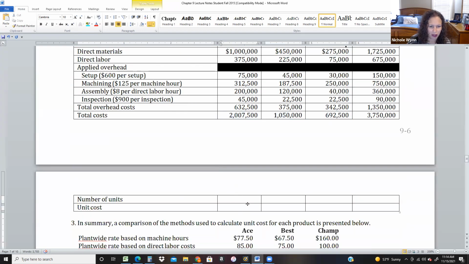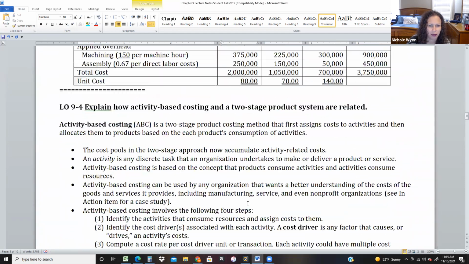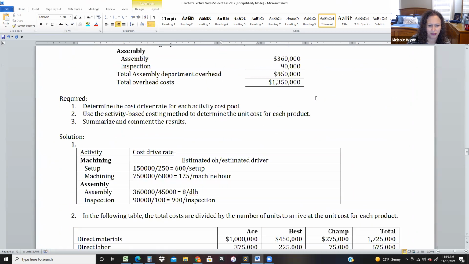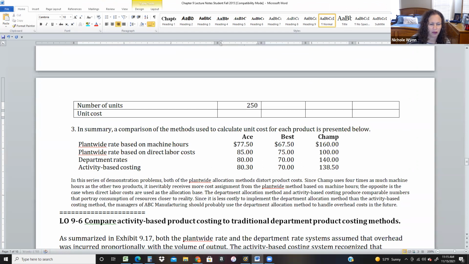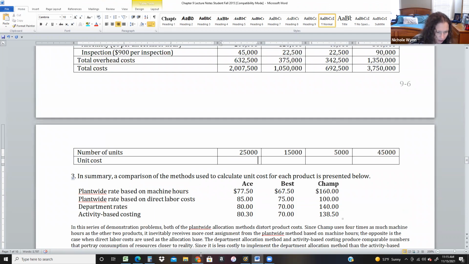Yeah, the number of units, so I can get the unit cost. So the number of units were quite a ways back. So I gave you a place to write them down. 25,000, 15,000, and 5,000, for a total of 45,000 units. And to get cost per unit,